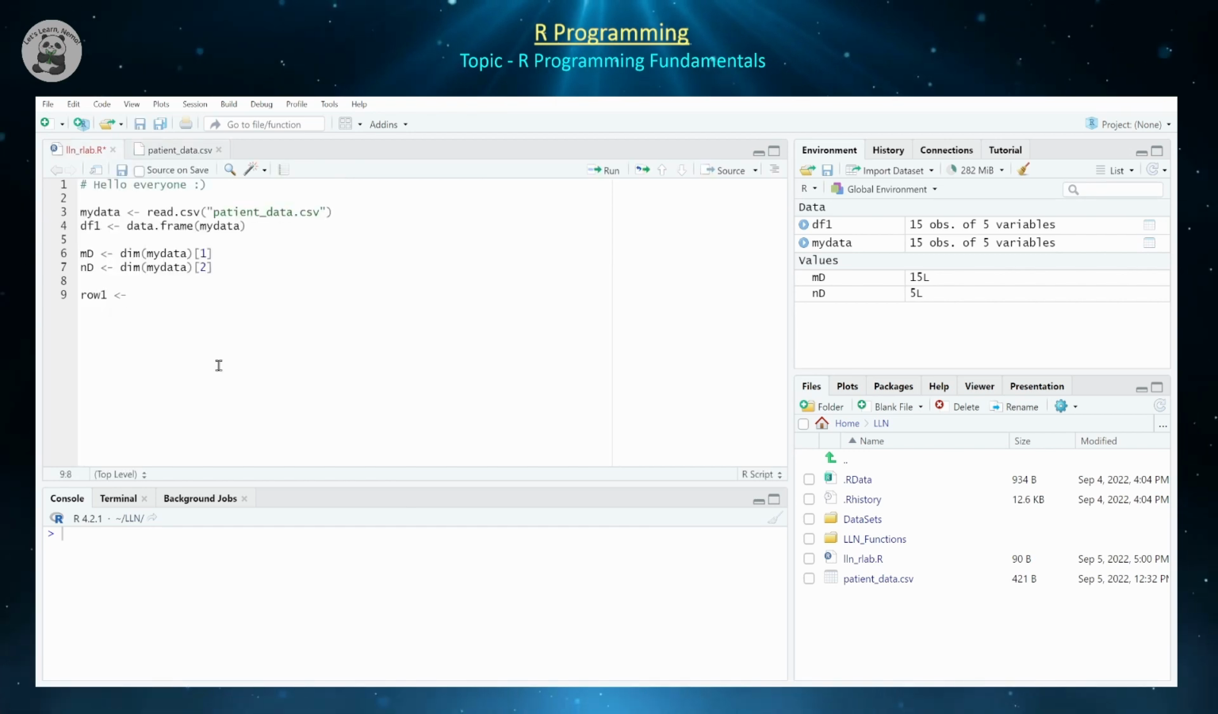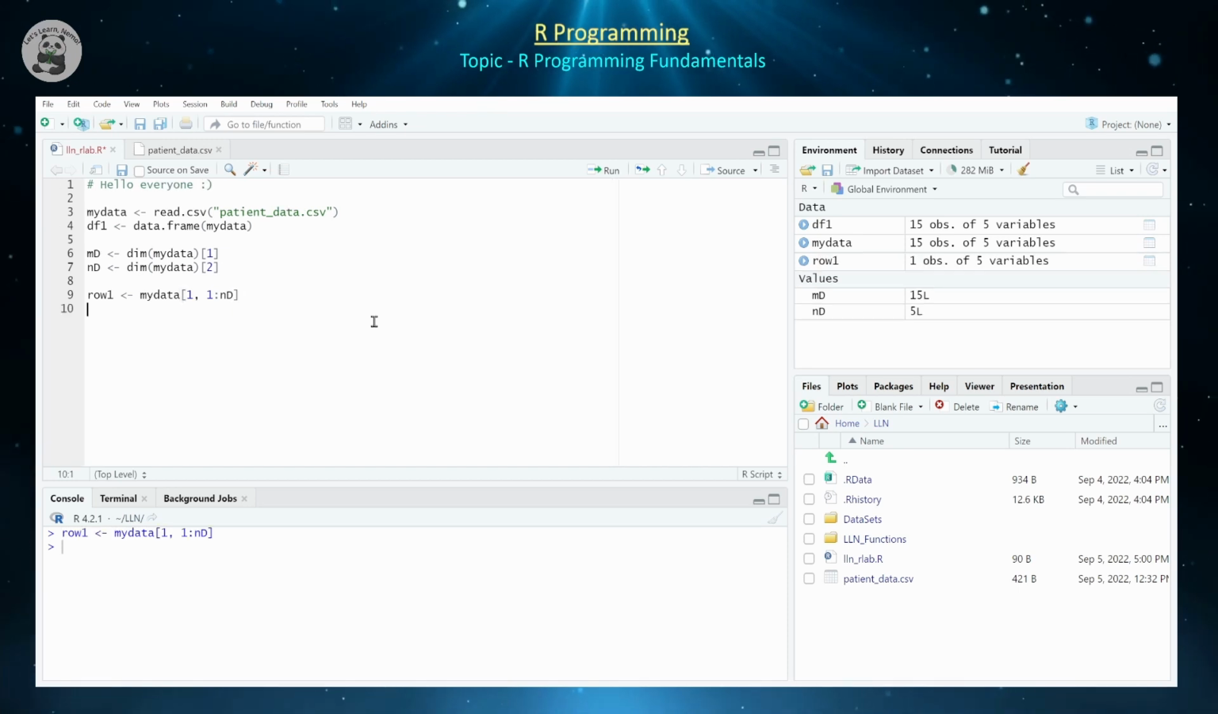So in order to extract row 1 with all of the columns, we can call our data set and select a subset of it. What we want is the first row and all of the columns. So it's going to be the first column through the last column whose index is ND, which we've already determined to be the number of columns in our matrix. That is going to store all of the values of row 1 into a vector called row 1. And if we display that, notice that it does display patient 1's information: blood pressure, age, height,